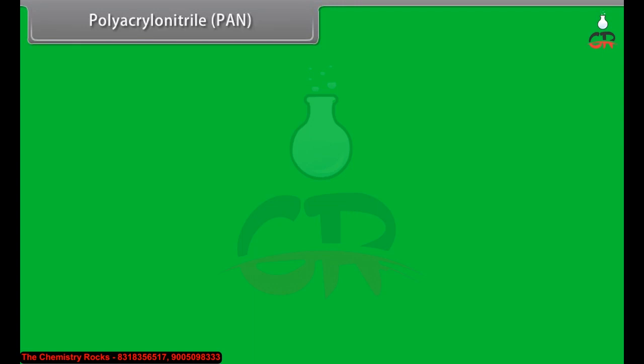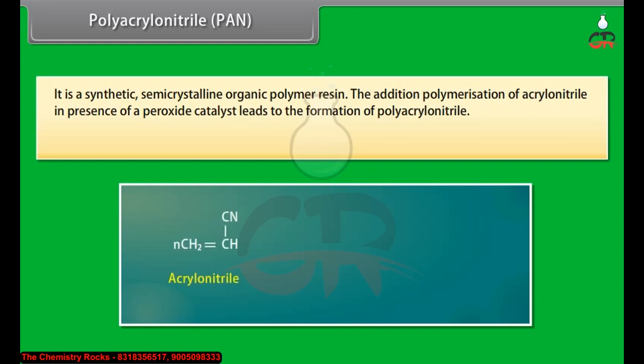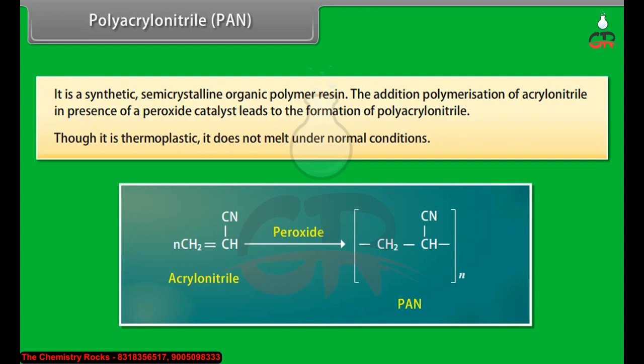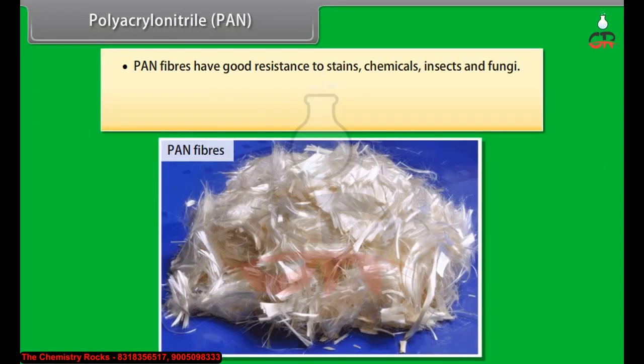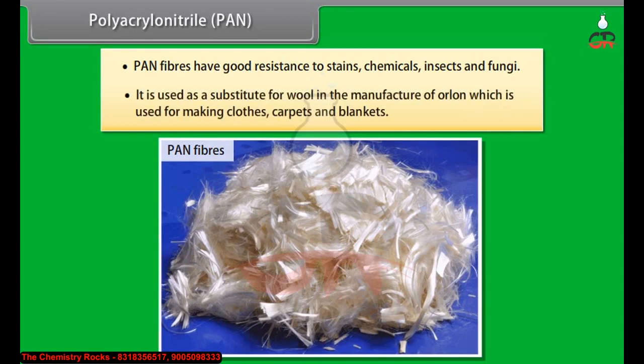Polyacrylonitrile, PAN. It is a synthetic, semi-crystalline organic polymer resin. The addition polymerization of acrylonitrile in the presence of a peroxide catalyst leads to the formation of polyacrylonitrile. Though it is a thermoplastic, it does not melt under normal conditions. PAN fibers have good resistance to stains, chemicals, insects, and fungi. It is used as a substitute for wool in the manufacture of Orlon, which is used for making clothes, carpets,